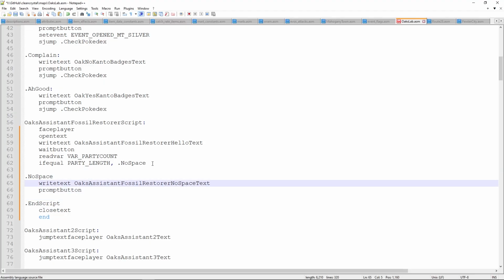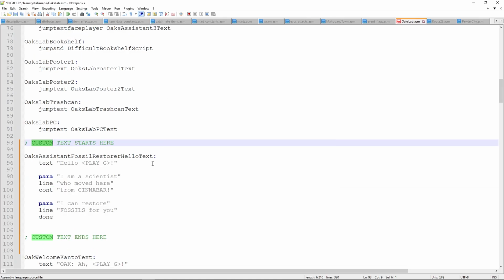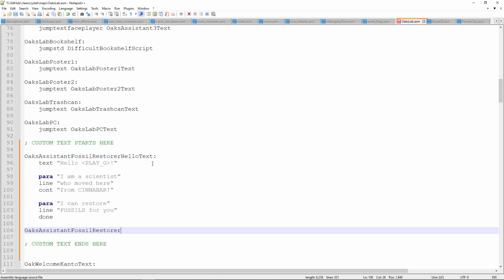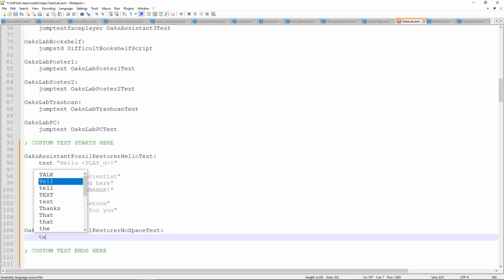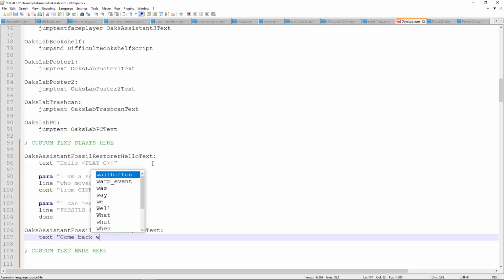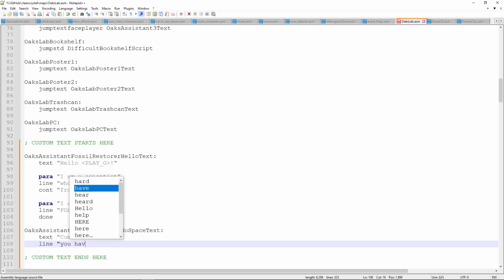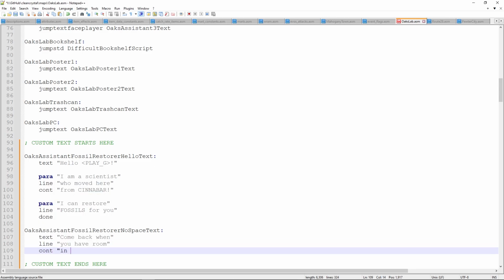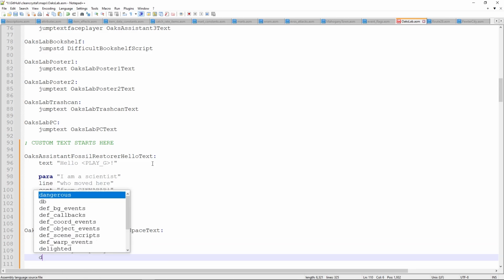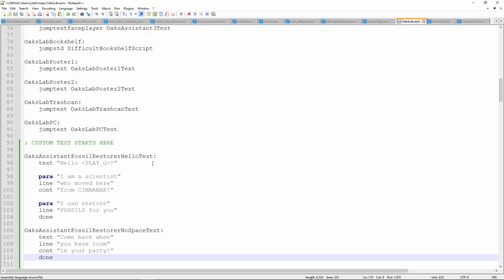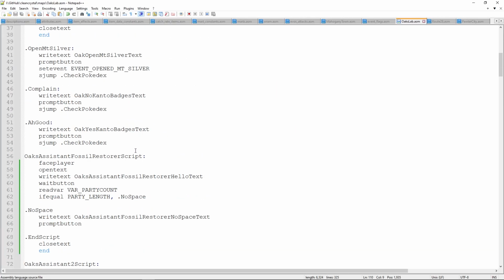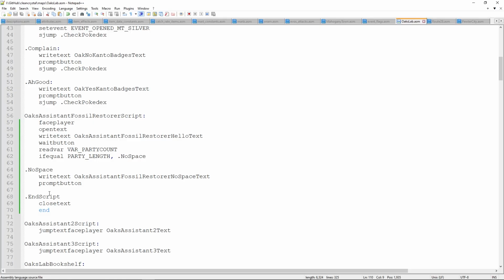And now we can go and look for the word custom. And we can add our next bit of text. So it's no space text. Come back when you have room for more line Pokemon in your party exclamation mark. Finish it off with a done. And so that means we've got the protection in place. If we have no space in the party, he will say hello and then he'll say come back when you've got space. But we don't need to worry too much about that anymore